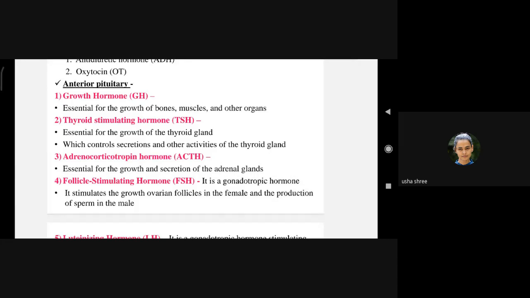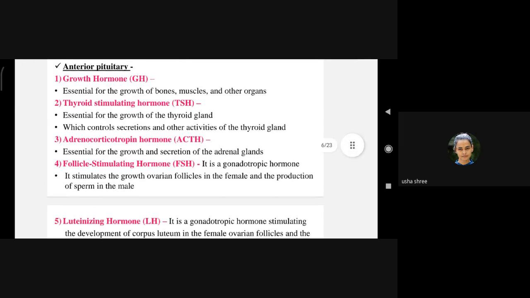Ma'am, what does pituitary do then? It just gets the signal from the hypothalamus, and the secretion also is done by hypothalamus, right? Pituitary is also an endocrine gland, and it is governed by hypothalamus. So when hypothalamus is secreting hormones, all these hormones like growth hormone, thyroid stimulating hormone, adrenocorticotropic hormone are secreted when the hormones from hypothalamus come to pituitary and stimulate the cells of pituitary.